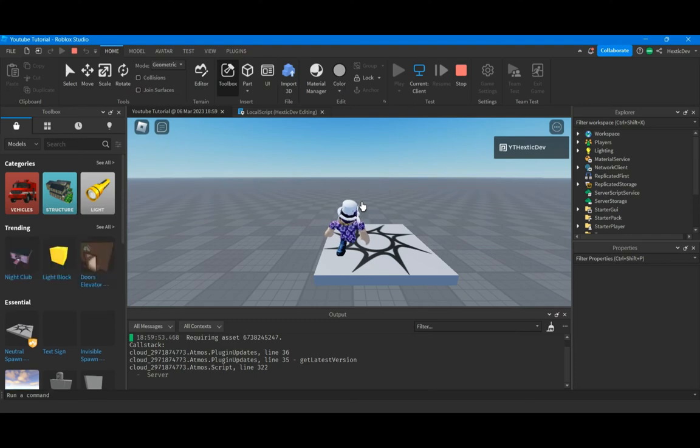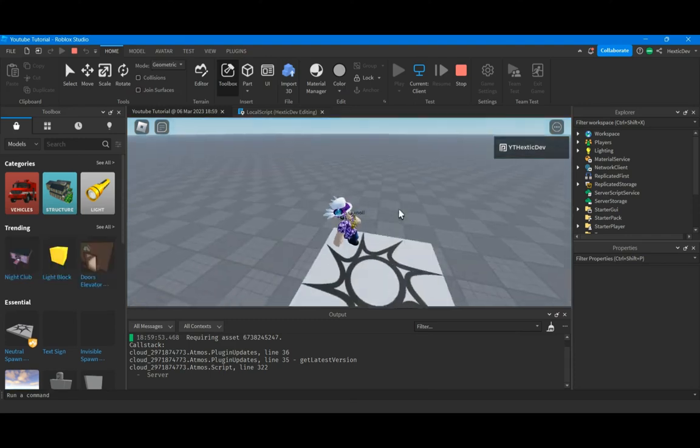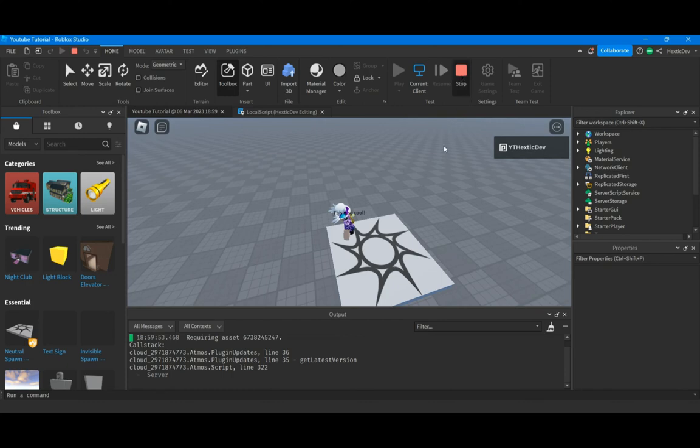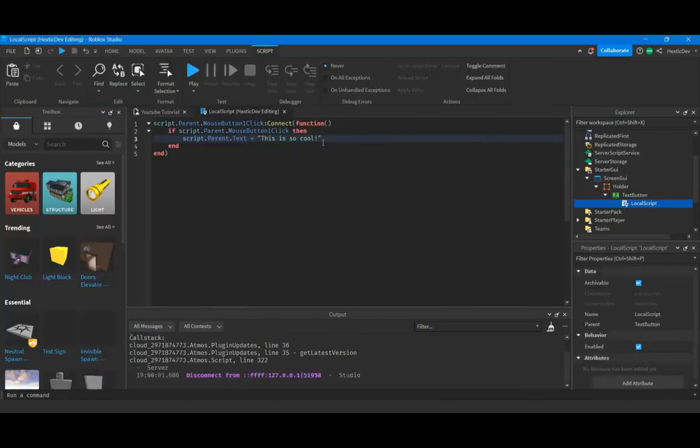So we'll go ahead and click on it, and look at that. This is so cool. Wow, that did work. That's pretty cool. So from there, what we can do is, let's see, script.parent.text equals, actually, yeah, we'll go ahead and do this. Equals,